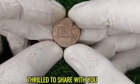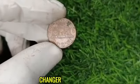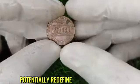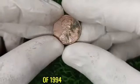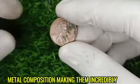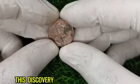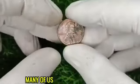I'm thrilled to share with you a recent discovery that's got the coin collecting community buzzing. It's a game changer, and it could potentially redefine the value of the 1990 for penny. Are you ready for this? It turns out that a small batch of 1990 for pennies was minted with a unique metal composition, making them incredibly rare and valuable. This discovery has sent shockwaves through the collecting community, and it's got many of us re-examining